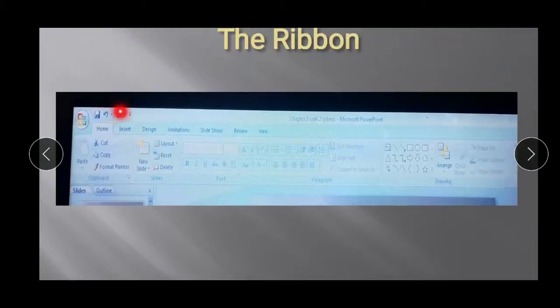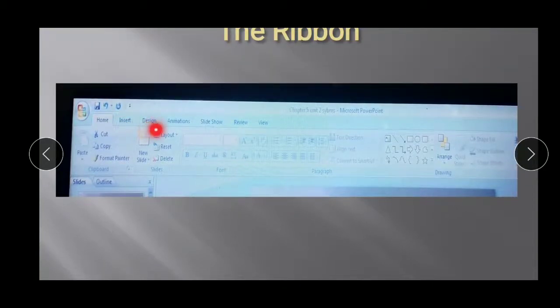Can you see this? Home, insert, design, animation, slideshow, review and view. These are the tabs on the ribbon. They are the main functional tabs through which you can work on your Microsoft Office application. Every Microsoft Office application will have this ribbon.